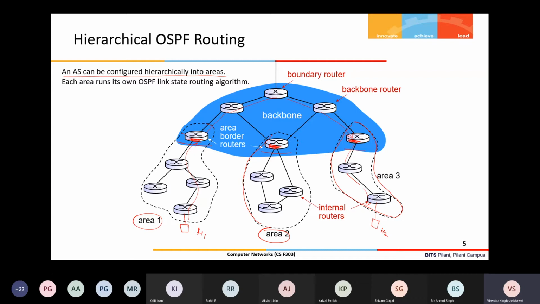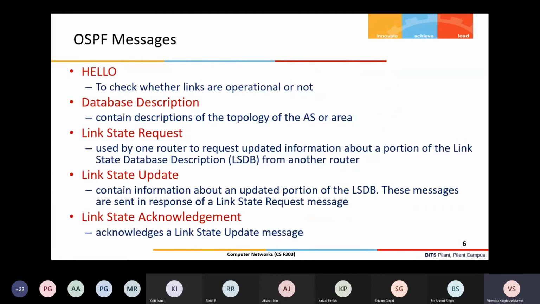The large topology can be divided into multiple areas, and then within each area you can run the OSPF algorithm. So the broadcast, or flooding, is limited to these routers only. Similarly, for area 2, flooding is limited to here only. So that's one upgrade.